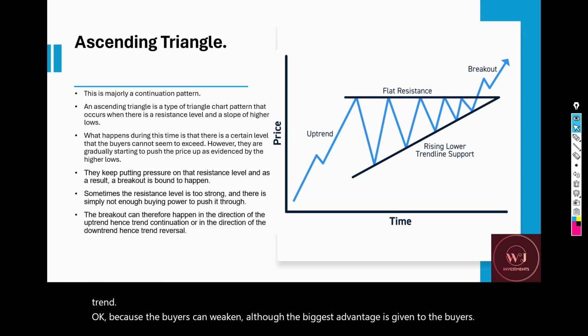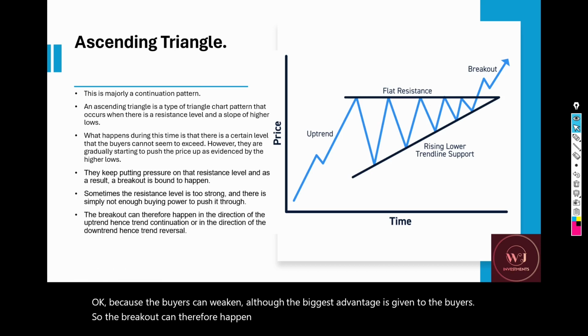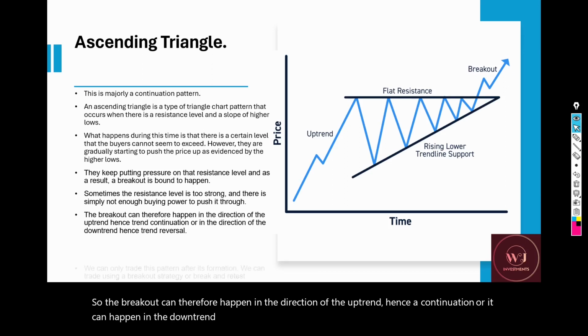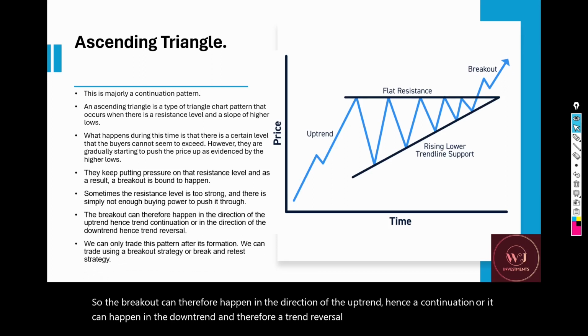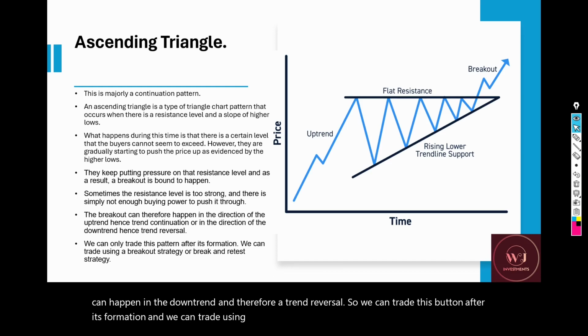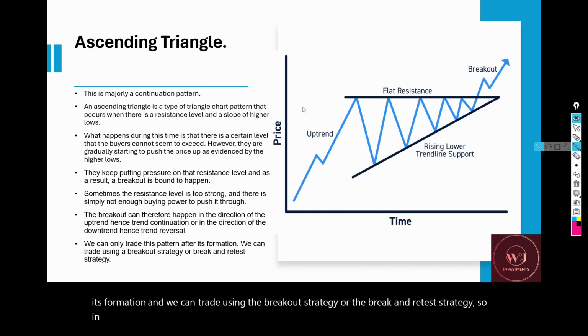So the breakout can happen in the direction of the uptrend, hence a continuation, or it can happen in a downtrend and therefore a trend reversal. We can trade this pattern after its formation, using the breakout strategy or the break and retest strategy. So in recap, we are saying that if the price is having a series of an uptrend,